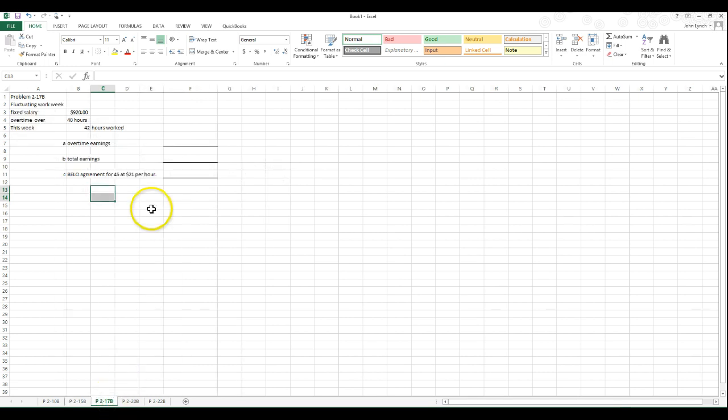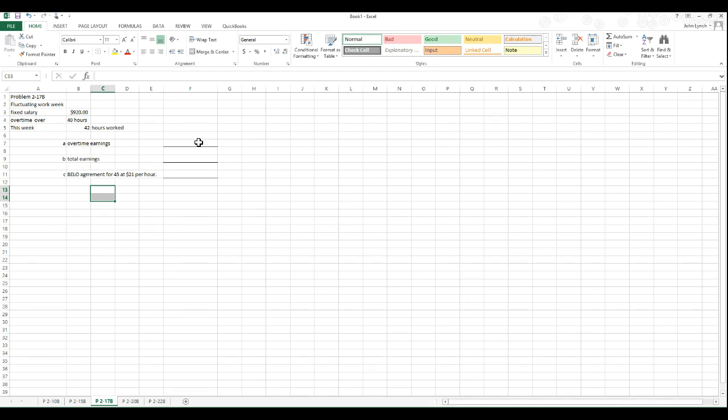Okay. Then we're going to jump to 2-17, which has a special program called the Belo program. That's a guaranteed wage which has to be agreed upon by the employee and the employer. I think it's on page 2-25 if you want to look at the actual criteria. But they're guaranteed 45 hours on part C. But for part A, the overtime earnings